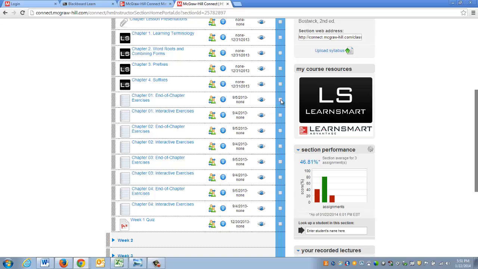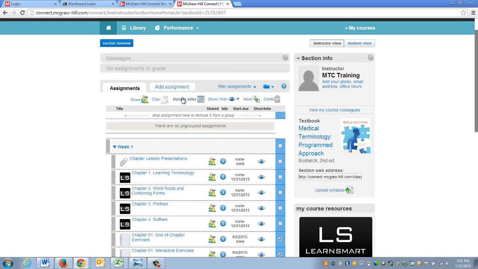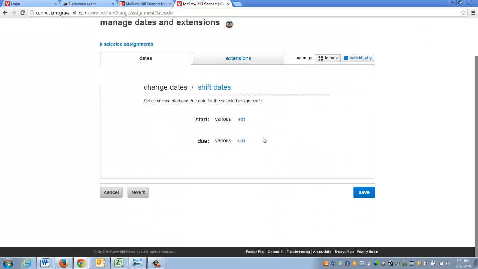So in order to set due dates for all of the various homeworks, I'm going to select the check boxes to the right hand side for all of my homeworks for week 1. Then I'll click Manage Dates. Alright, and it's going to ask me what I'd like to do. I'm going to say that I'd like to change the dates, and I just want to touch on the due